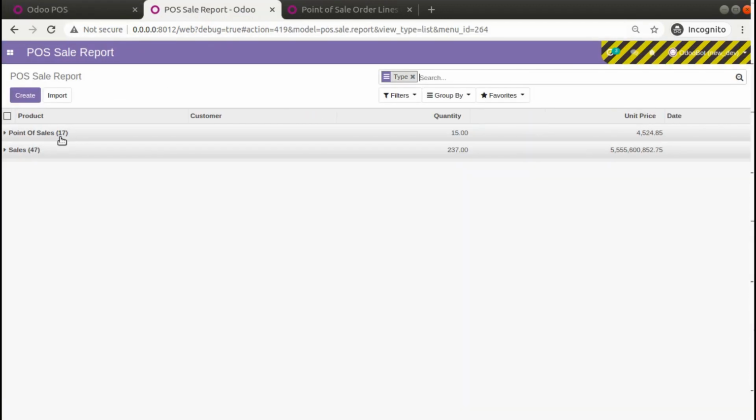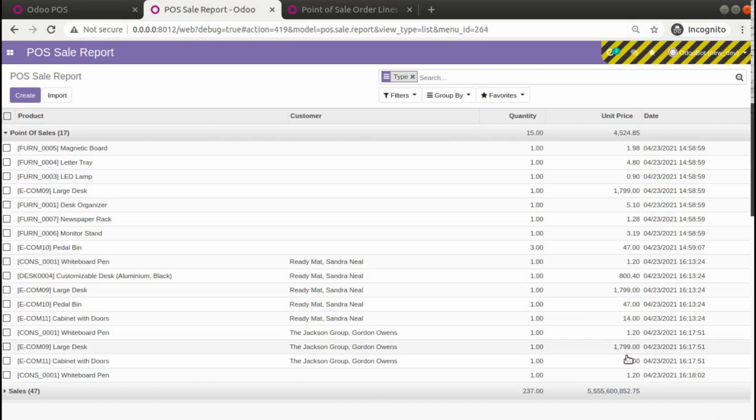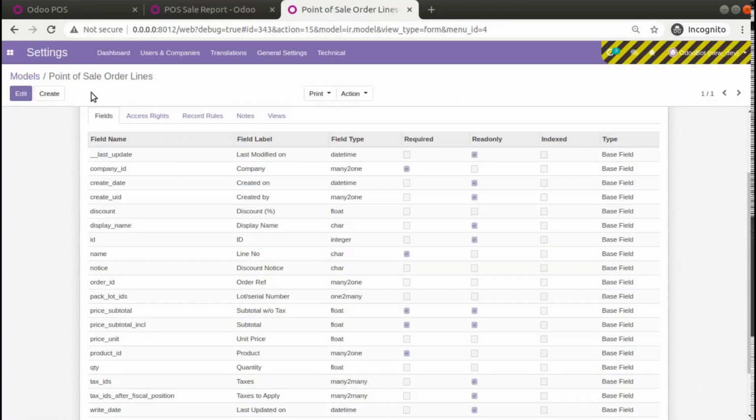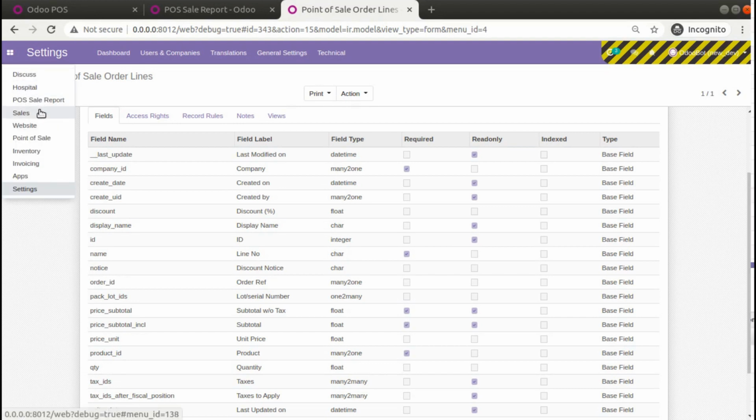You can see it has been changed to 17, and the last sale is for 1.20. It has been added here. So the point of sale lines is coming, and if you need to test the sale order line, I'll be going here using this tab. I'll be going into the sale order line,